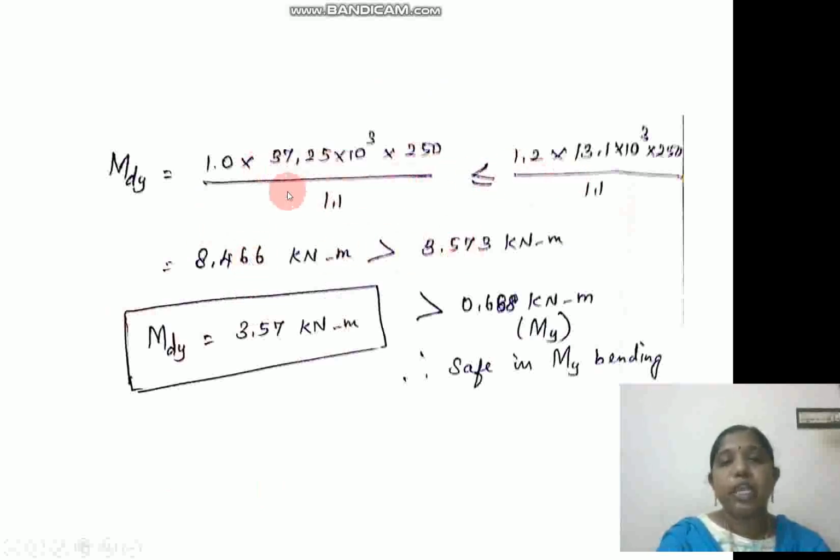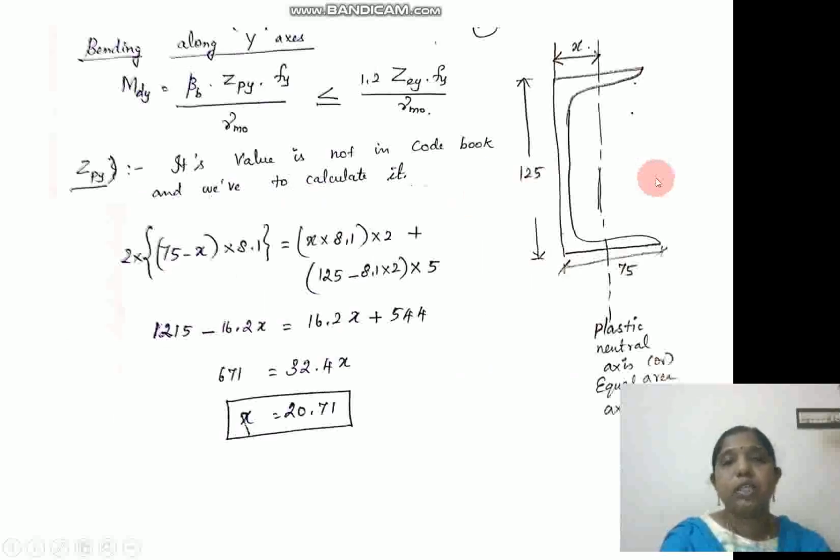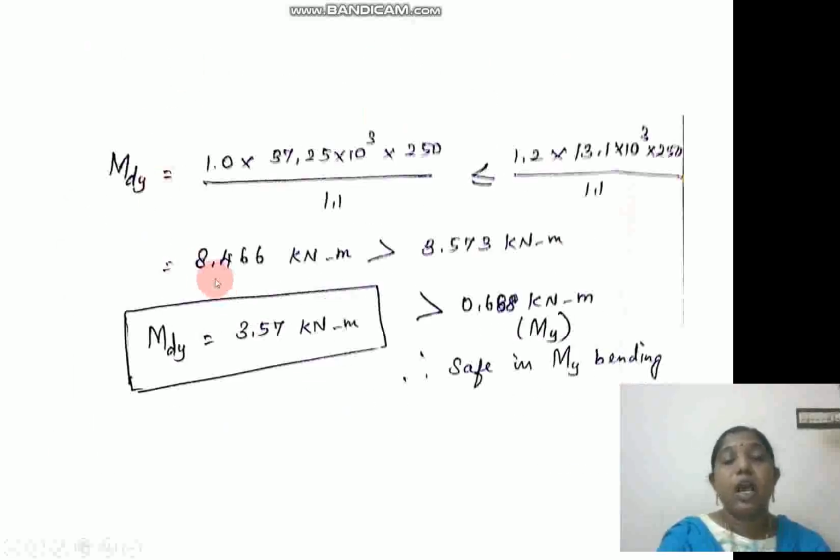Out of these values, in case of minor axis, this value should be less than or equal to this value, based on the equation. But after calculating the plastic modulus along the minor axis, I found out that this 8.466 is higher than 3.573. So out of these two values, based on codal provisions, this should be the maximum value. So 3.57 is the major